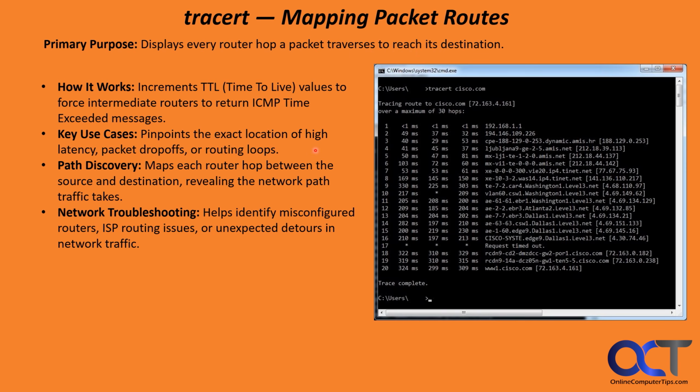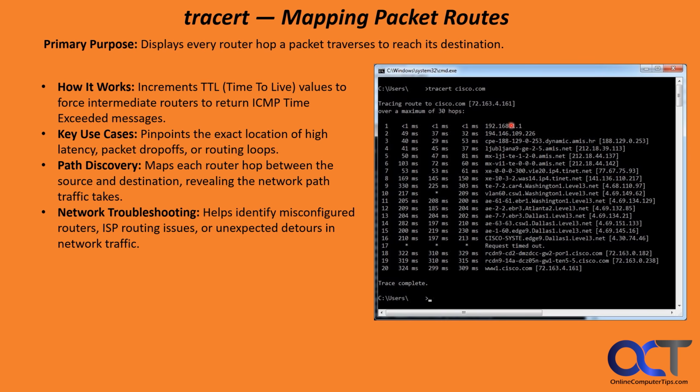So this one's kind of hard to test unless you're on an actual network, because if you try and run it to an outside address, it's most likely just going to stop and fail once it gets out of your local network. So I actually found this example from another site that was able to trace cisco.com to show you how it works here. You can see it tells you each hop, which is, think of it as a step